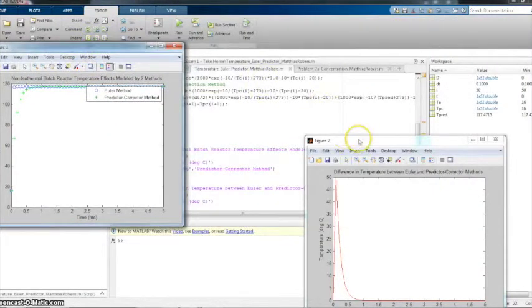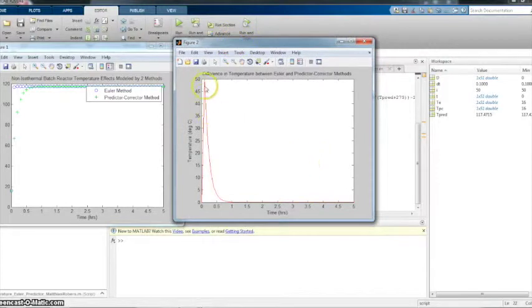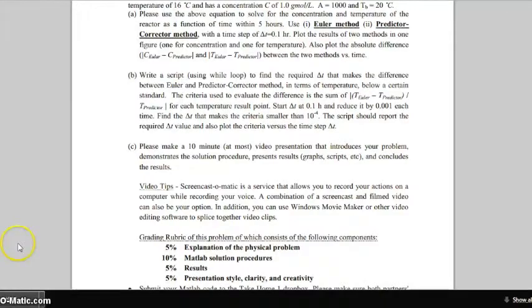And for figure 2, this is the difference between the Euler and the predictor-corrector method. For problem 2b of the take-home exam, we were instructed to write a script using a while loop to find the required delta t that makes the difference between the Euler and the predictor-corrector method in terms of the temperature